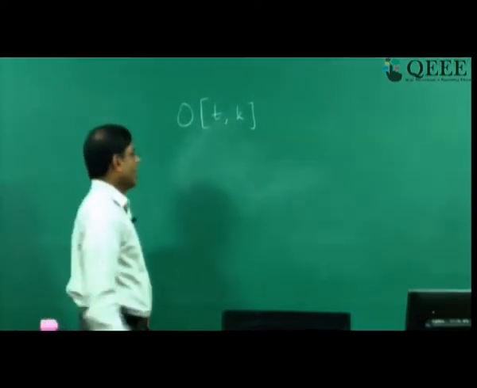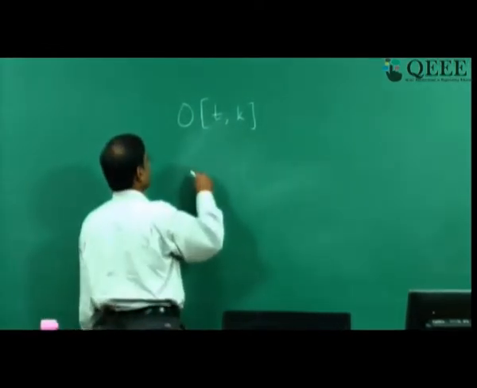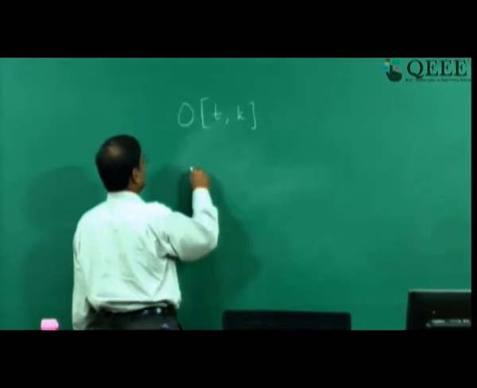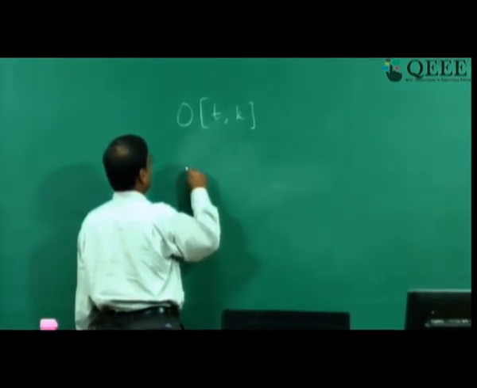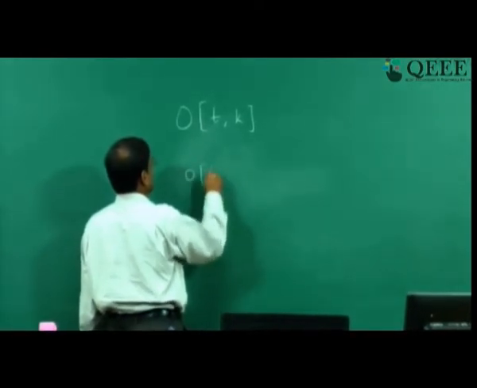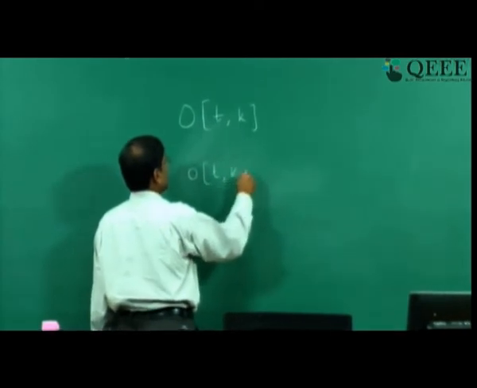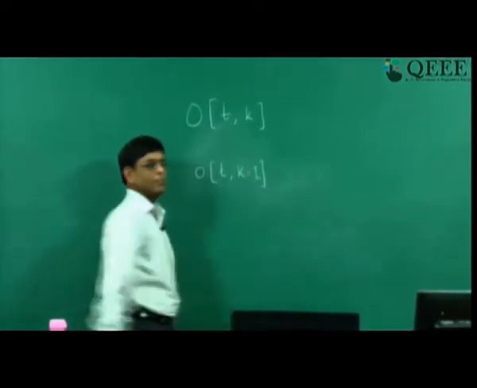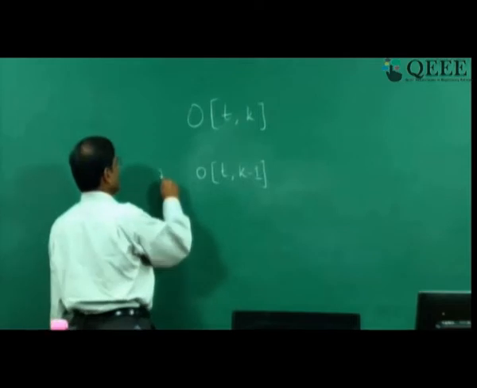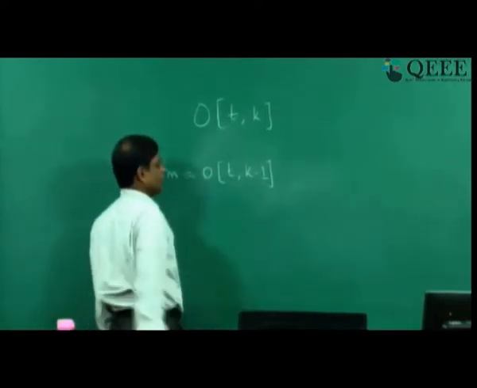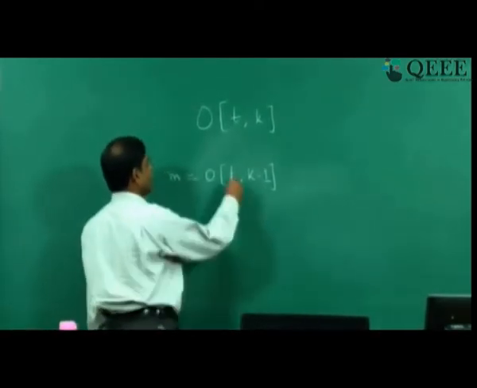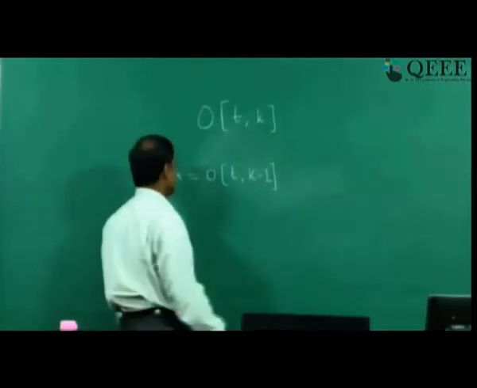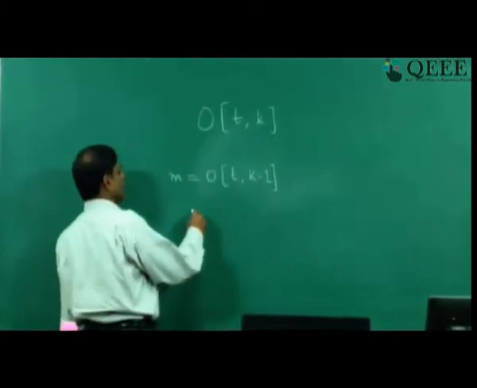And you found O(T, K) by, how did we do it? We said either O(T, K) is the same as O(T, K-1), which means with K-1 edges I already found the optimum. So you say M is equal to O(T, K-1). Either I found the optimum already,